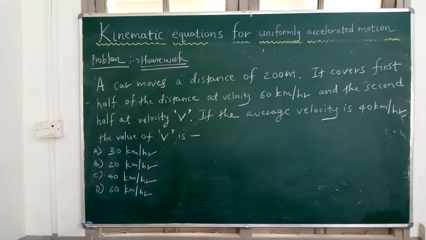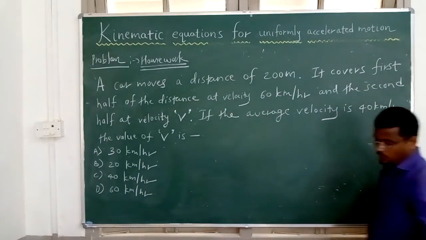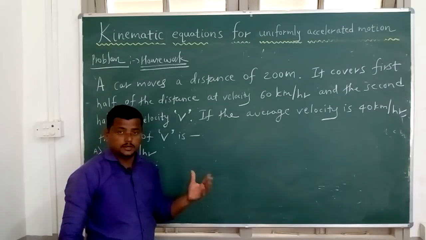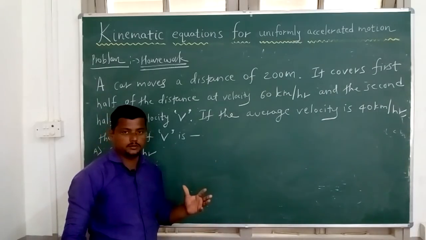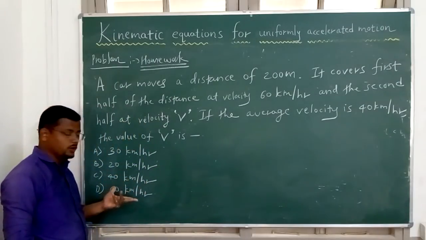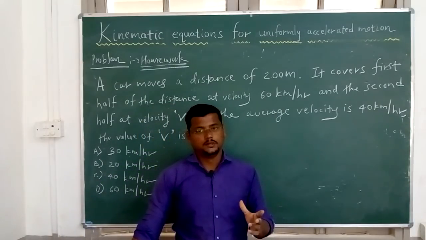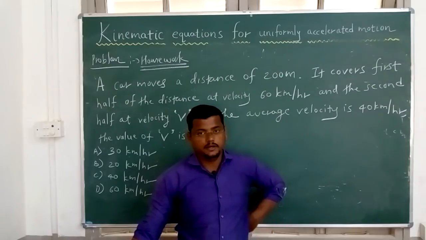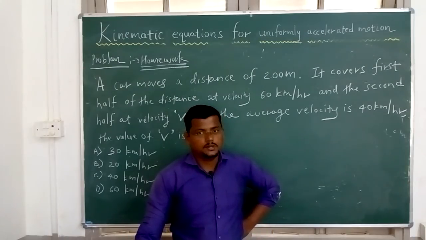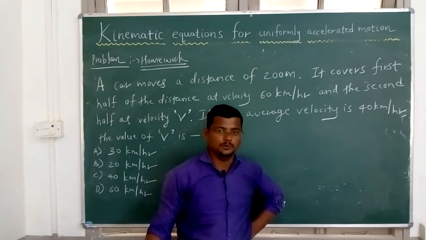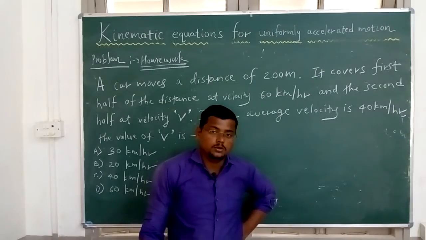So this is the homework problem I have written on the board. This problem was asked in the CET examination. So take your own time, write the given data, use the formula, and get the correct answer. The solution you get may be option A, B, C, or D, any option may be correct here. You solve, and whatever answer you have, take a photo of it and send it to my WhatsApp number. I will check whether it is correct or not. The correct answer I will not tell now. If I tell you the correct answer, then you will do any calculation, but at the end you will write the answer that I told you, right? So that answer I will not write. You have to do the calculation.